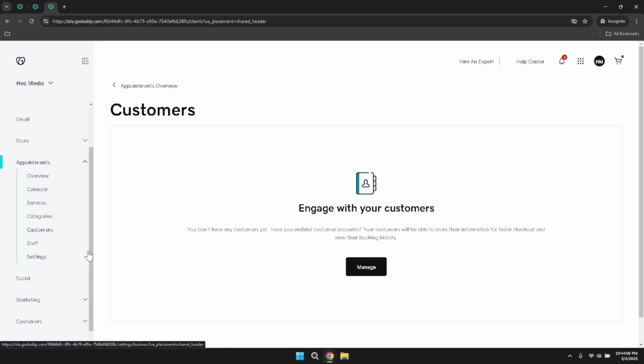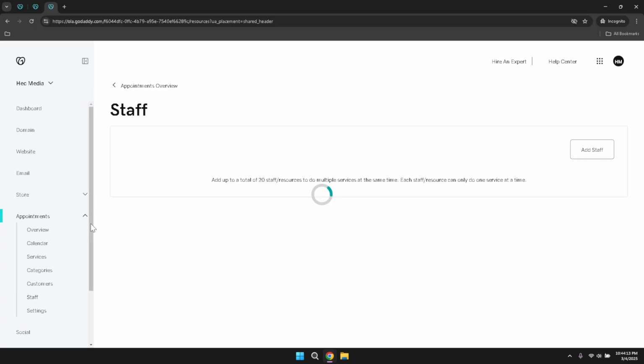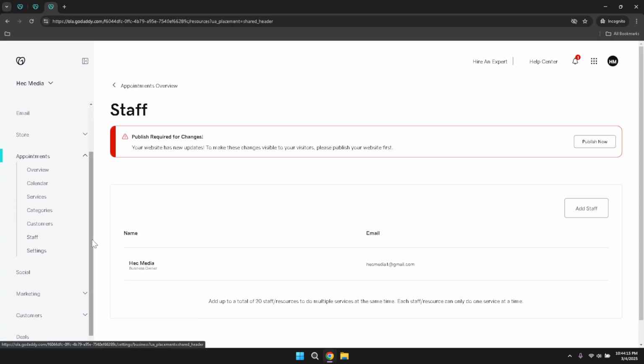The staff section allows you to add and manage staff members, viewing detailed information about each employee. This feature is essential for businesses that rely on multiple team members to deliver services, ensuring that you can assign tasks effectively and monitor employee performance. You can add up to 20 staff members or resources, providing flexibility to scale your operations as your business grows. Additionally, each staff member can be assigned to perform only one service at a time, allowing for clear accountability and